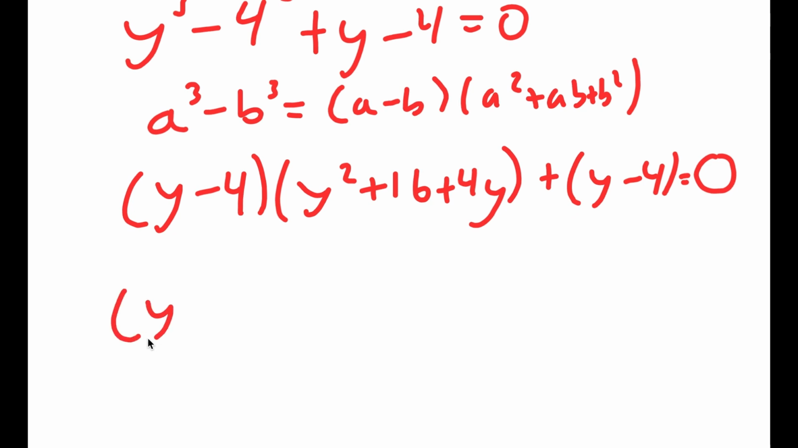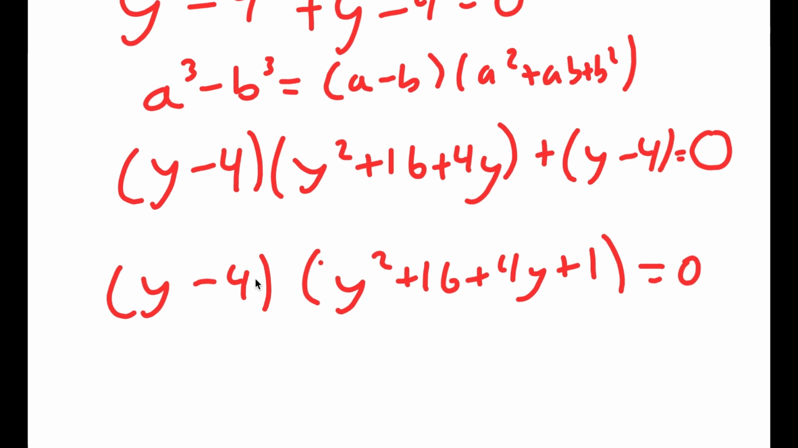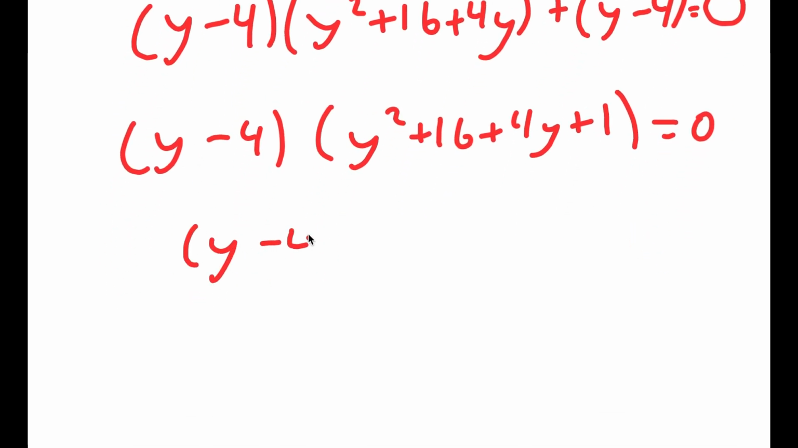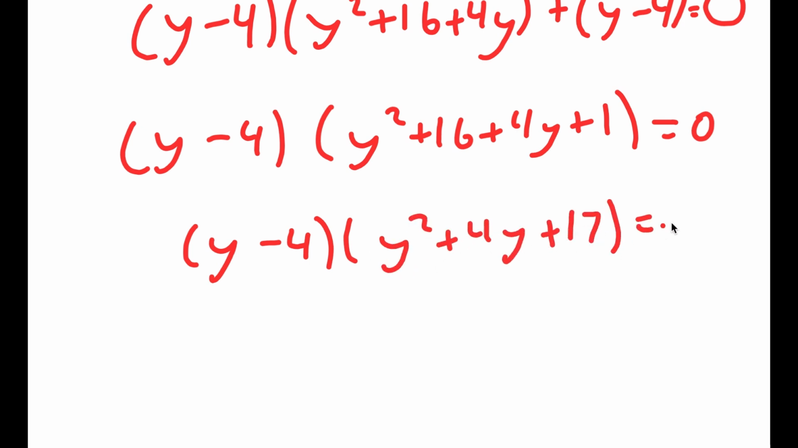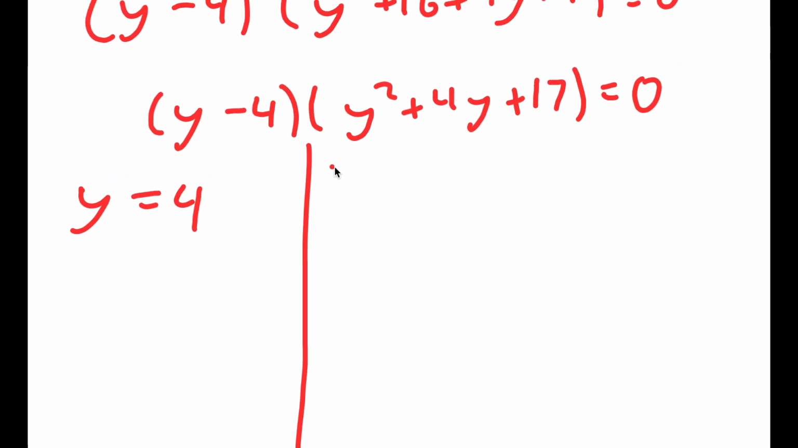And now if I factor out y minus 4, I get y minus 4 times y squared plus 16 plus 4y plus 1. And this is equal to y minus 4 times y squared plus 4y plus 17 is equal to 0. So now this gives me two equations. I have y minus 4 equals 0, meaning y equals 4, and I also have y squared plus 4y plus 17 is equal to 0. And if you end up using the quadratic formula in solving this, you get the square root of a negative number, and you can't take the square root of a negative number, so this is wrong,